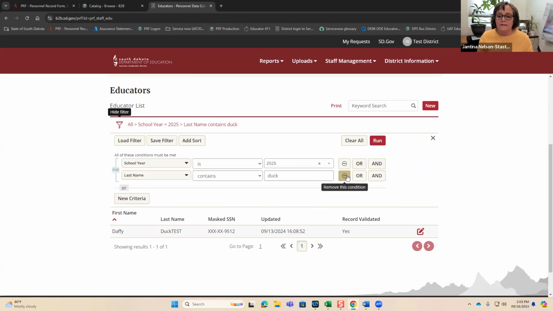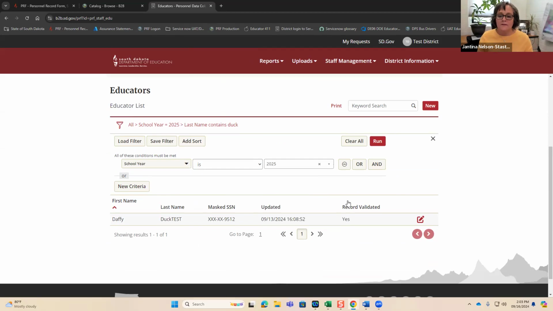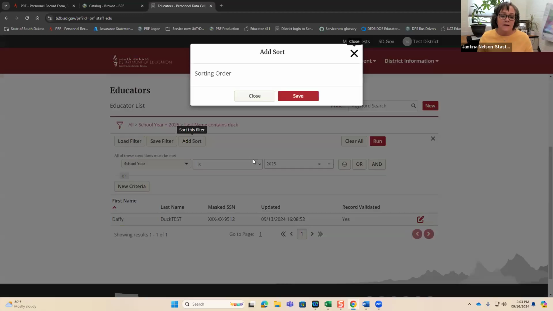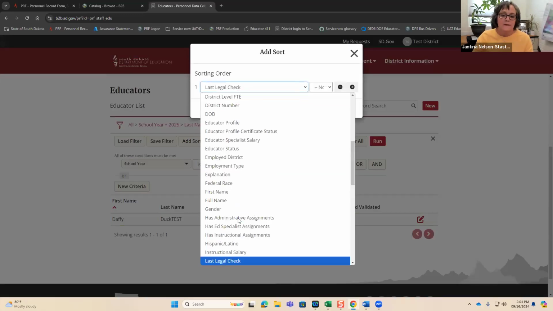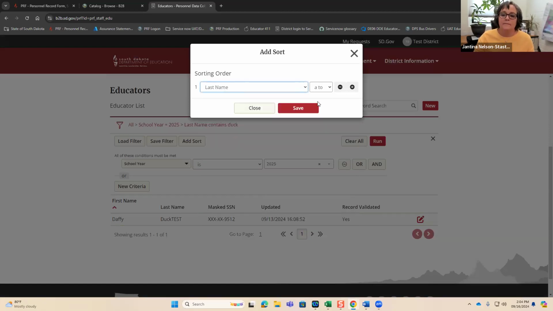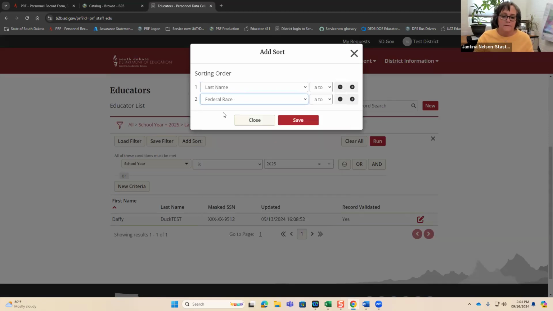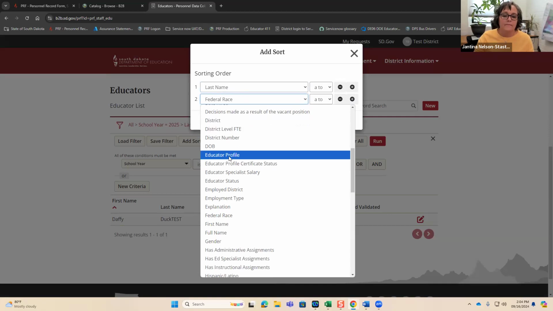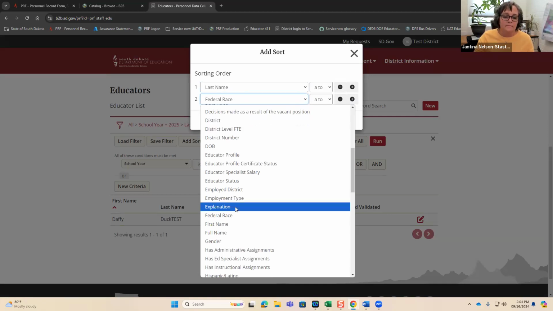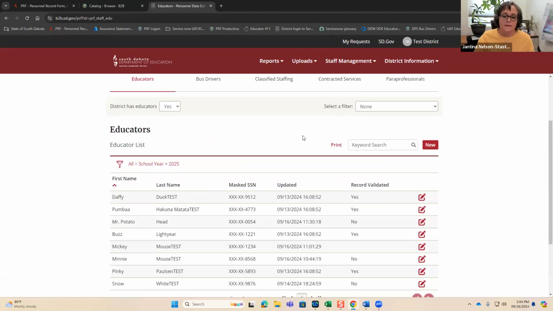You can clear that filter by removing the condition. You can sort by last name and then by first name if you add a sort, and that will sort your list. So that's just some nice functionality that this screen does have.